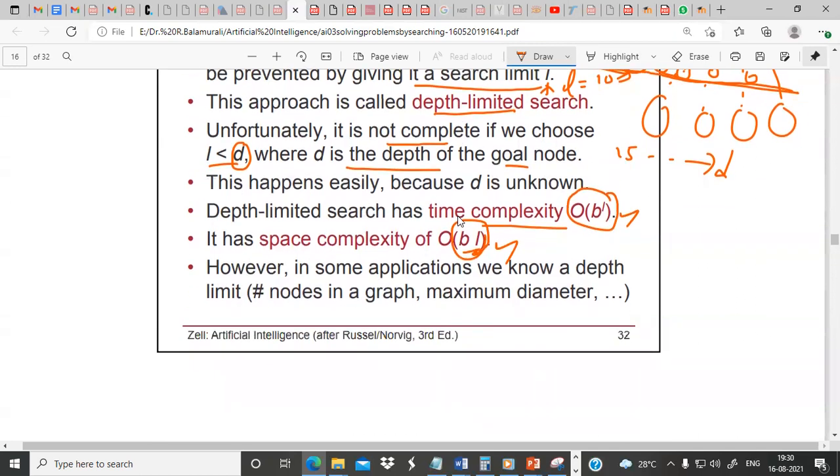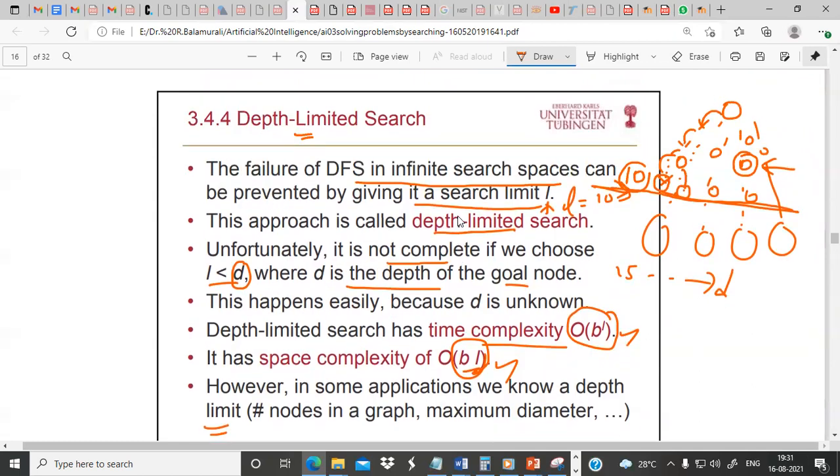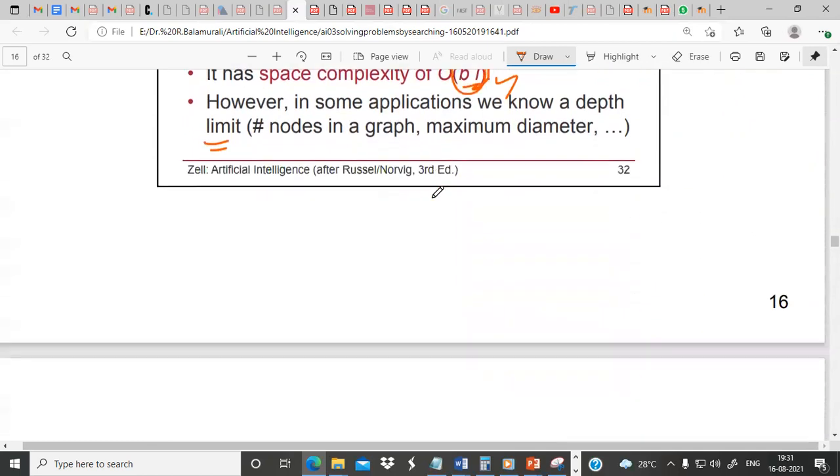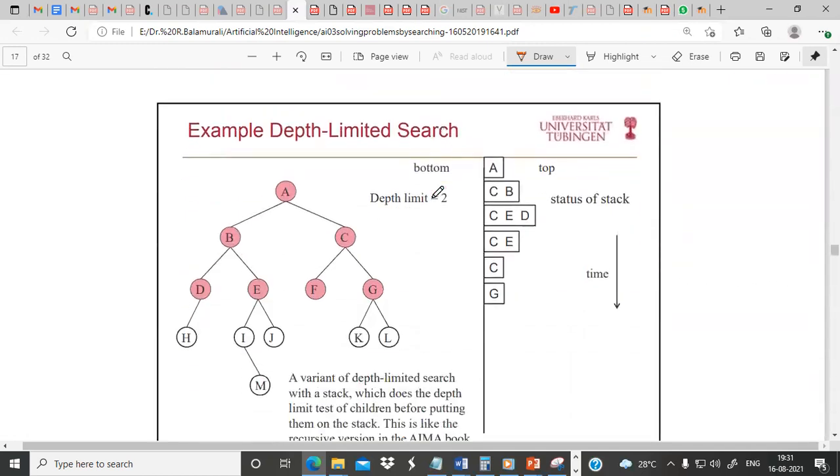But in some cases, we know the depth limit. We know that the solution is probably available at this particular depth. Then this algorithm will be useful. So there is an improved version of depth limited search, which is called